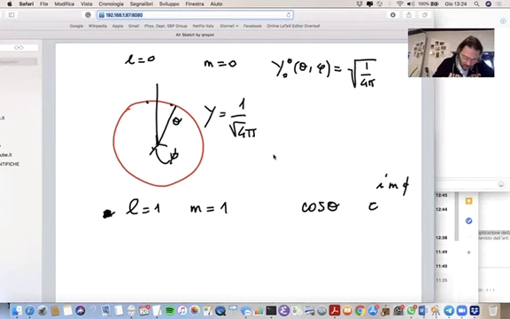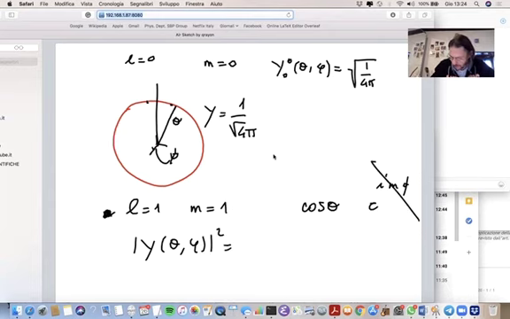Now, if you look at the square modulus, in other words, some kind of probability, we'll discuss later what kind of probability we're looking at, then the phase doesn't appear